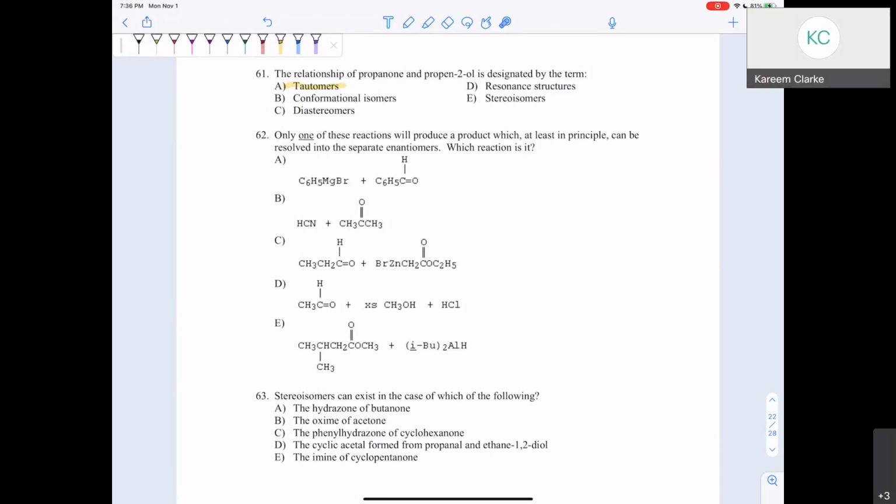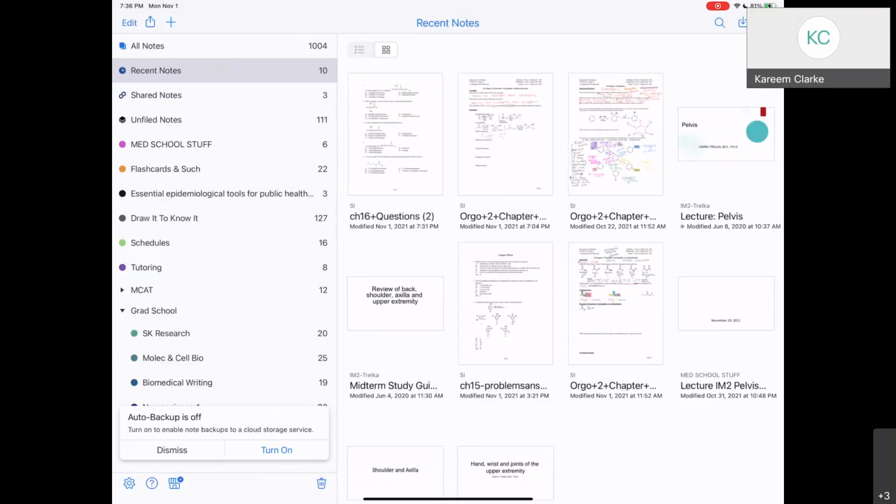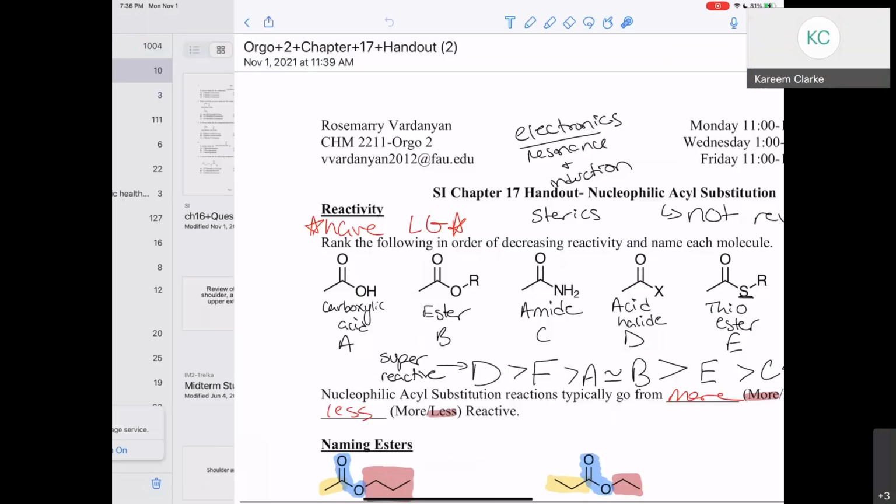All right. So what do you want to do? Do you want to start the chapter 17 packet? Could we do that? Sure. Okay. Let me show you what we did in SI today. Oh, by the way,